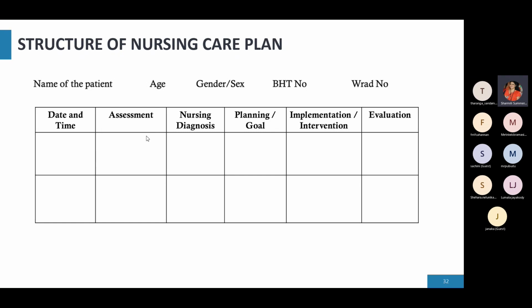Under the assessment, we write the information of the patient. For the nursing assessment, we have separate guidelines with some contents. With the help of these guidelines, we gather information from the patient, by answering each question in the guideline. Among that information, if we encounter anything abnormal, or think something is important, we write it in this assessment. We will see how we collect the assessment from the patient.